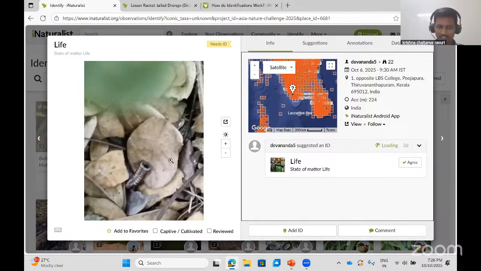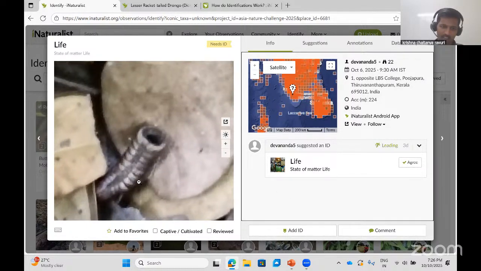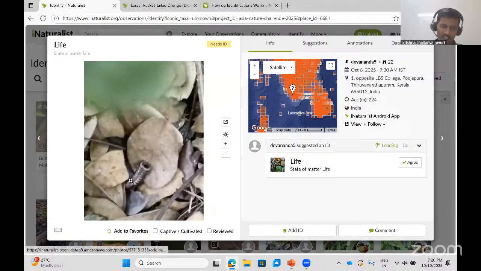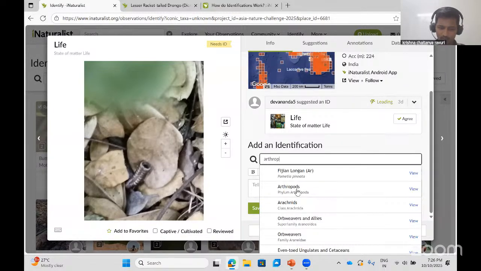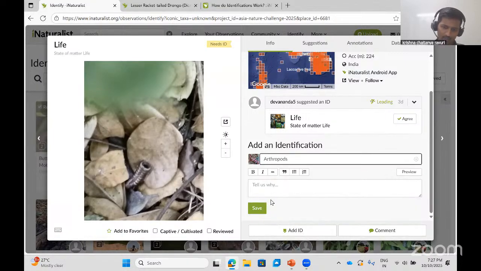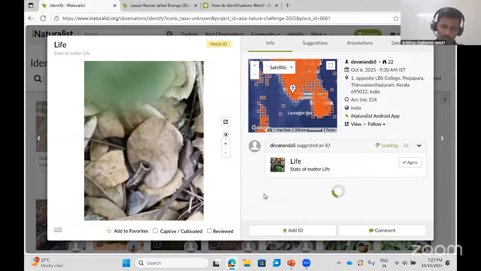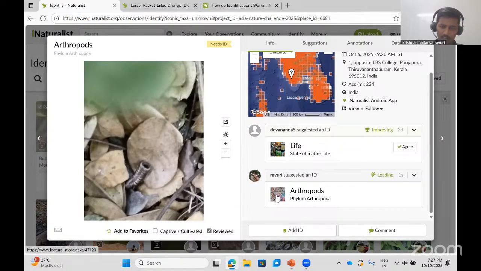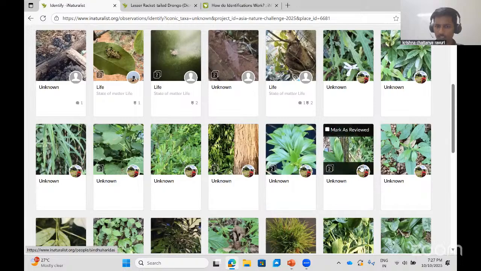And yeah, here we see this could be a shell of a millipede, but we don't know. I mean, it looks like it, but we can't see clearly. So you could leave it there, or you could give a higher level identification of arthropods. Yeah, so arthropods, insects, bugs, all of them come under this. So I'm guessing this one's a millipede. So I believe you must have gotten the basic idea.